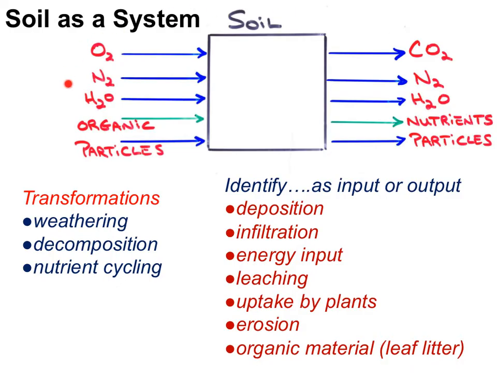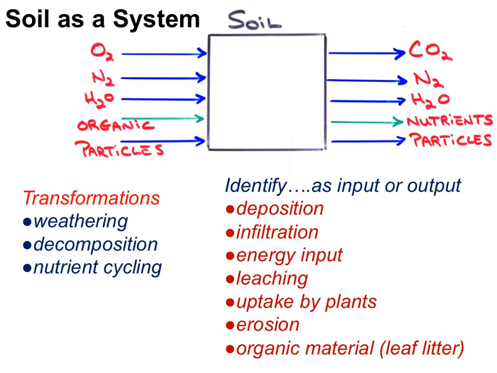In this soil system model, we can see inputs and we can see outputs. The inputs include gases such as air with oxygen for respiration and nitrogen for nitrogen fixation, water infiltrating from precipitation, rainfall, organic material, primarily leaf litter, but dead animals and feces should also be included here. The addition of organic matter adds energy to the soil system. And lastly, as an input, inorganic mineral particles from weathered parent rock are contributed to the system. This is also known as deposition.